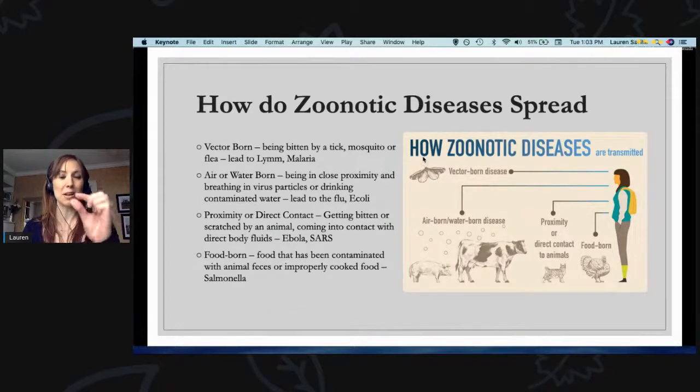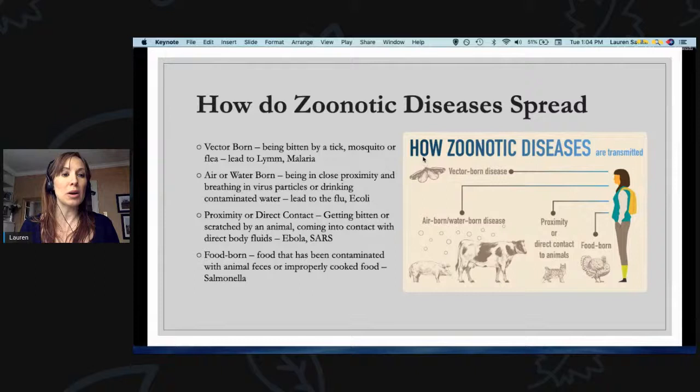Ticks that carry Lyme disease are tiny, the size of a speck of sand or a grain of rice, super, super tiny. So make sure you're checking so you can get rid of them before they bite. And then mosquitoes can carry malaria. That's not an issue we have here in Canada, but if you've ever been to southern countries like in Africa or South America, different places have different likelihoods of malaria. I know when I went to Africa, I had to take anti-malarial medication to make sure that I didn't get malaria.